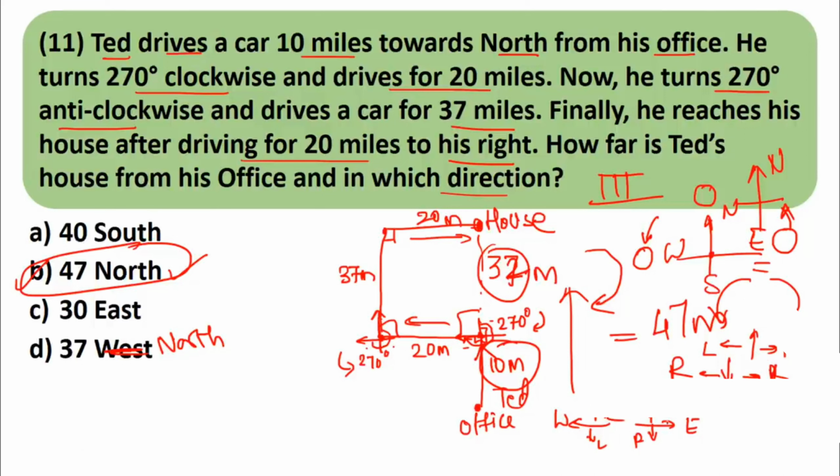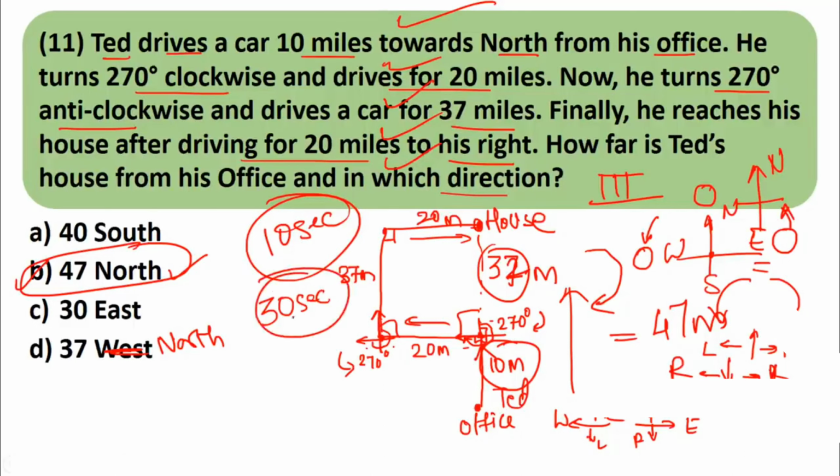If you trace the diagram sentence by sentence, you will very easily get the answer in hardly 10 seconds. Drawing the diagram might take you roughly 30 to 35 seconds, not more than that, and you will get the answer very easily. The calculations are also very easy. So keep practicing and make sure that you attempt all the sums related to directions, because these are bread and butter sums. That means you can very easily score in this.